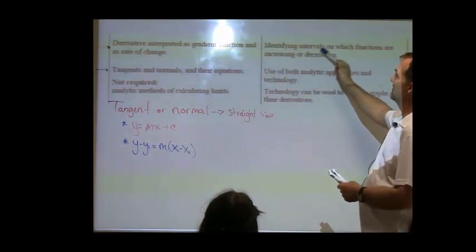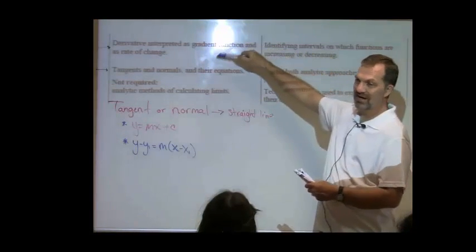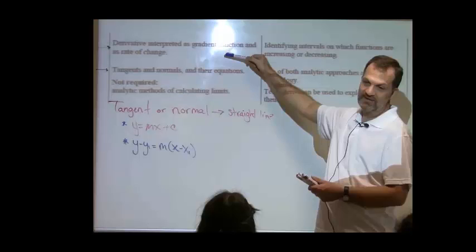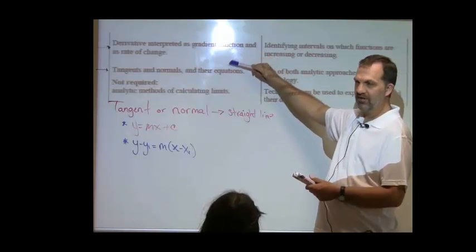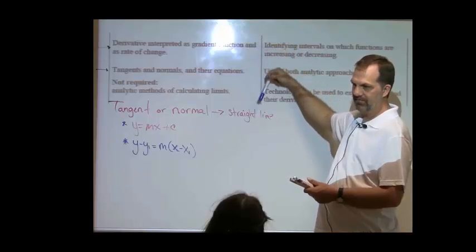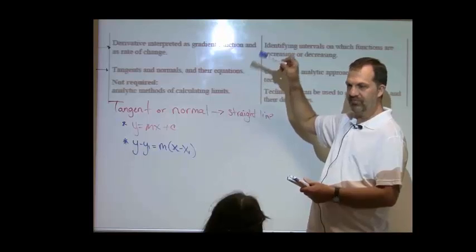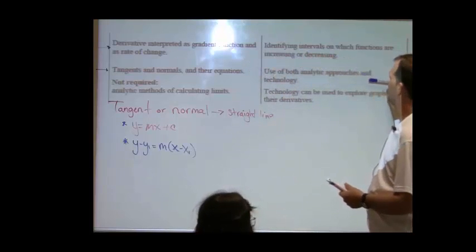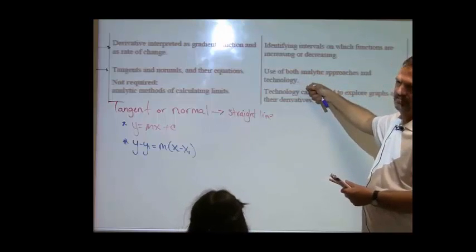So you do need to identify when a function is increasing or decreasing. And that's based on either looking at the function, if you can draw the graph of it, or the derivative, because a positive derivative is increasing, a negative decreasing. 0 is neither increasing or decreasing kind of thing. Use of both analytical and technology, meaning, yeah,